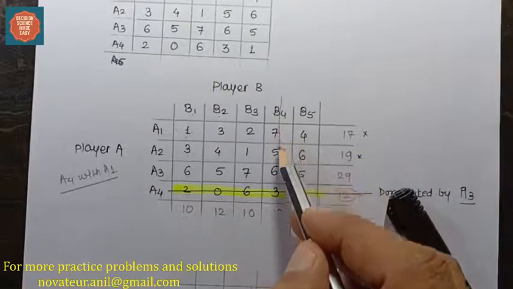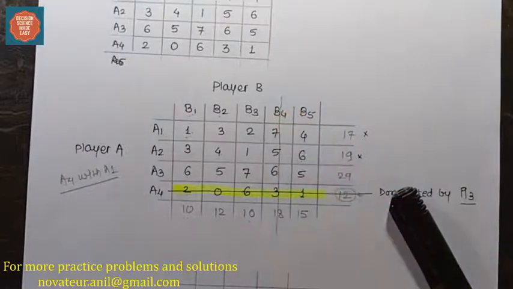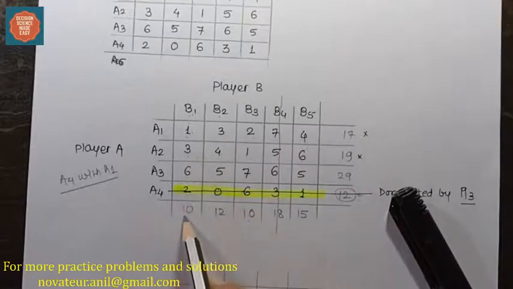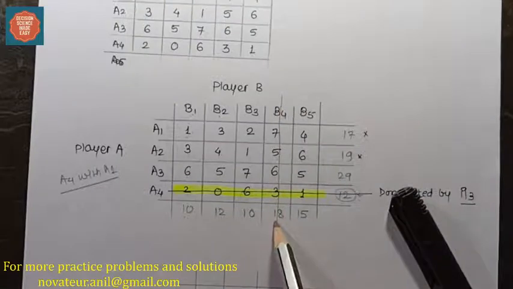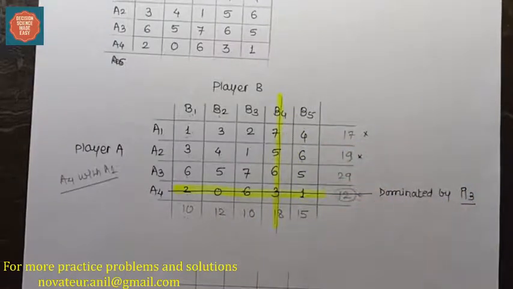So yes, this is the column that we are going to eliminate. Why? Because all the elements in b4 are either greater or equal to all the elements in b1. So here we are going to eliminate b4, because when we compare the column elements, we eliminate the higher value column, and we are going to write down here that it dominates the column b1.